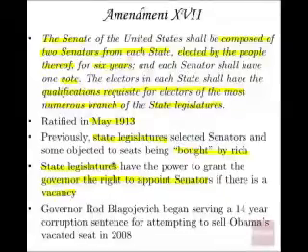Corruption is possible, and chances are some people might be guilty. And in this case, the governor of Illinois, Governor Rod Blagojevich, began serving a 14-year corruption sentence for attempting to sell Obama's vacated seat in